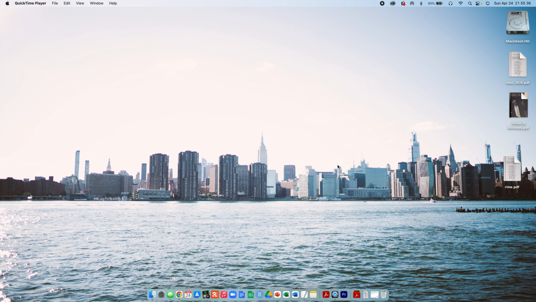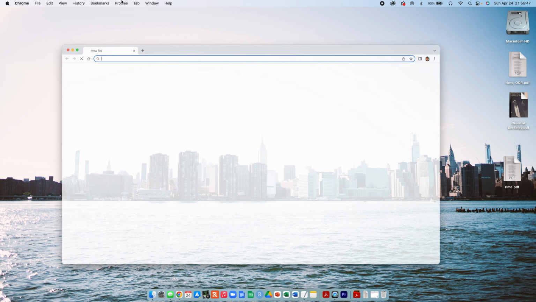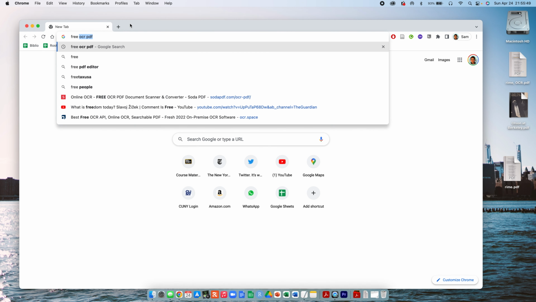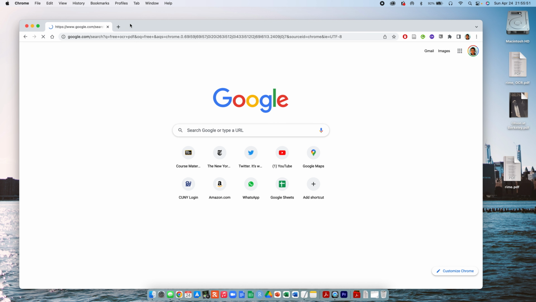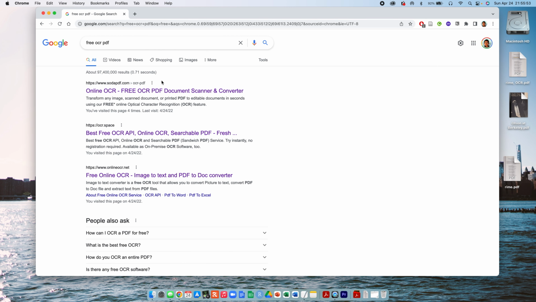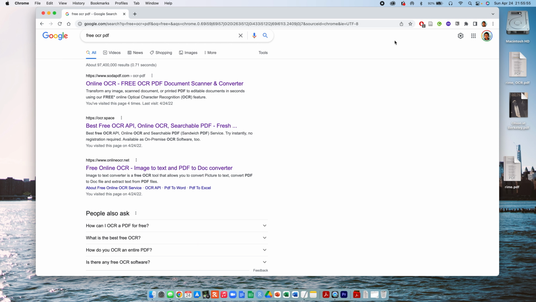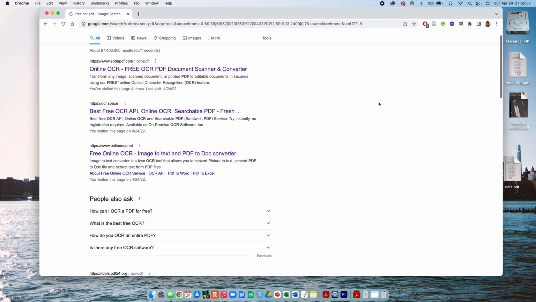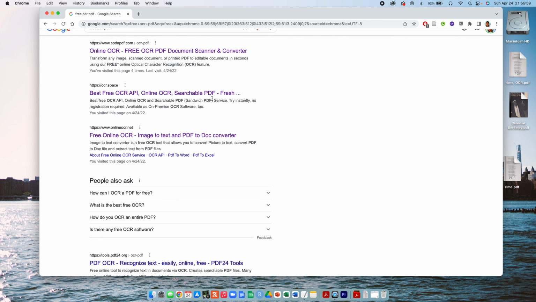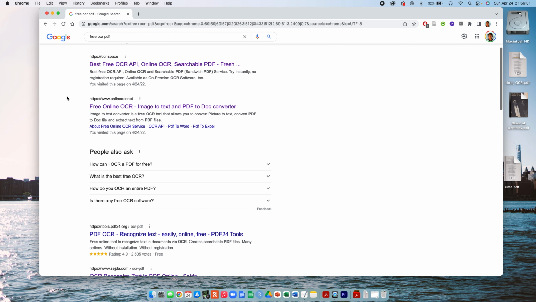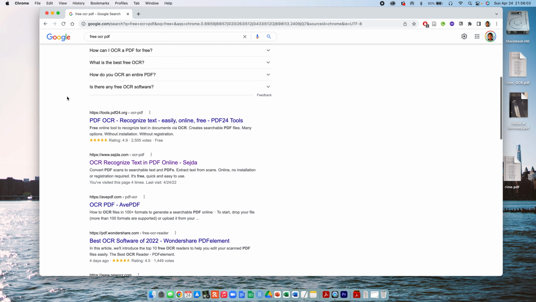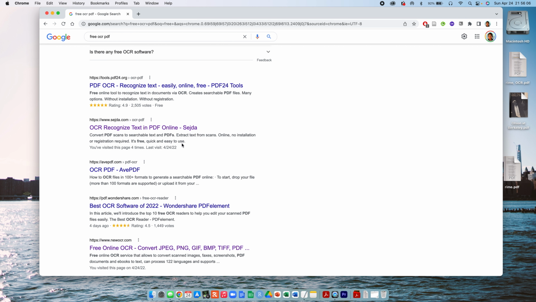If you don't have Adobe Acrobat, you do have the option to use online tools. These are sometimes easier to use, but they can have some limitations. So if you go to your web browser and you type in free OCR PDF, you'll be given a list of options here, and some websites will let you manage PDFs, for example, in large volumes. Some will have various limitations. The best option that I can recommend here is this website,